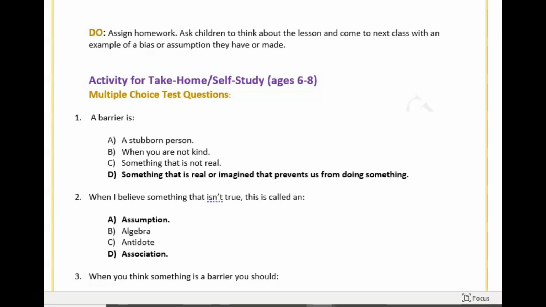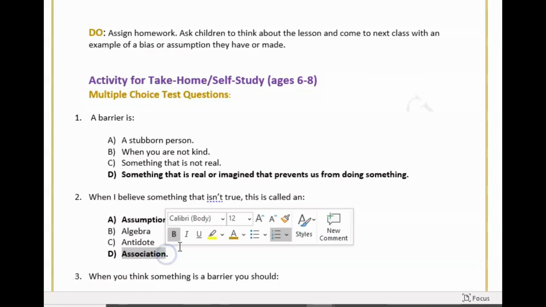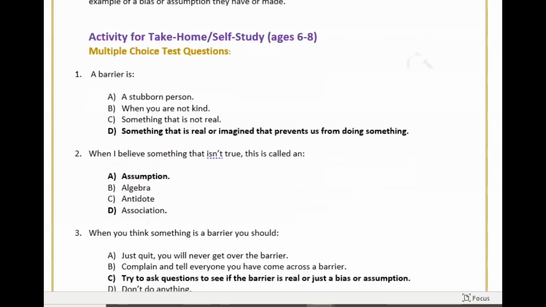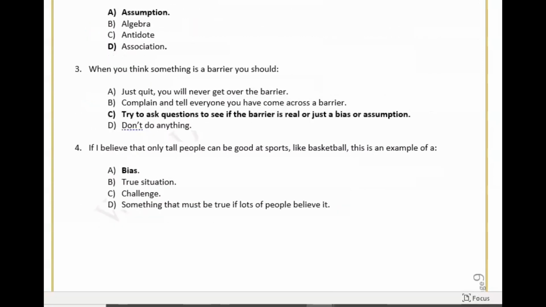As always, we have these takeaway quizzes. For the older children, I print them out and I give them to take home. And, sorry, there's another typo here. This should not be bolded. We want them to take them home if they like. And we use it as a review for the next session as well.